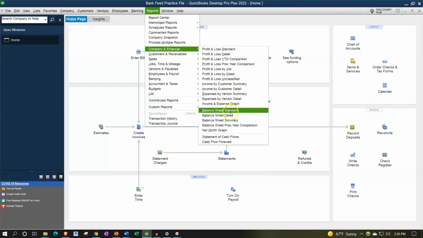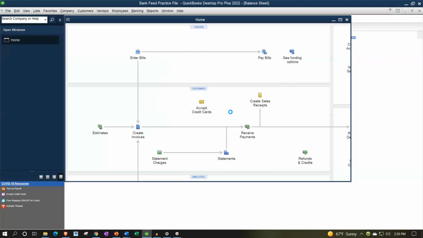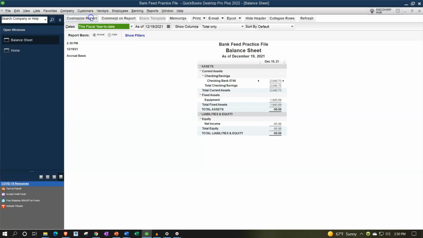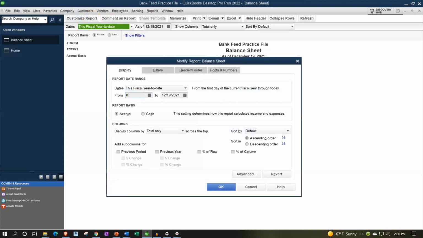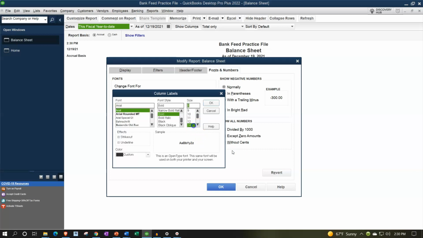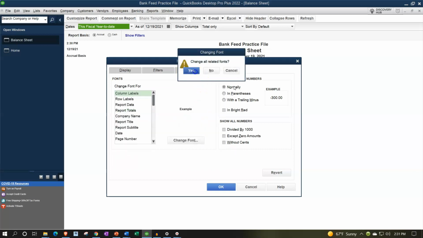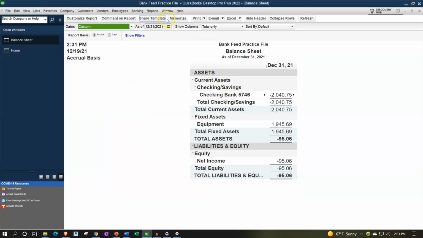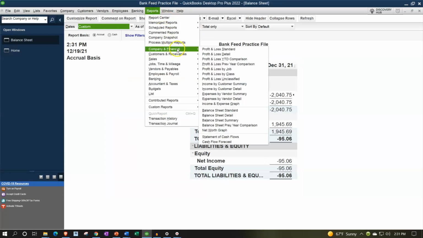Let's go on down to the balance sheet standard report and then customize it up top with a range change from 010121 to 123121. Then fonts and numbers, bringing that font on up to 14 and okay. Yes, please, and okay. Reports drop down again, company and financial, this time with the profit and loss, the P&L,